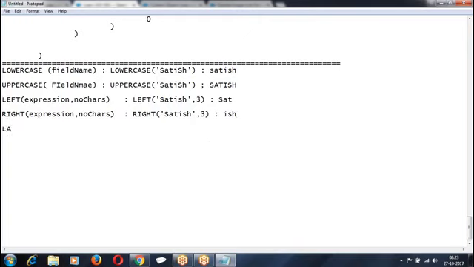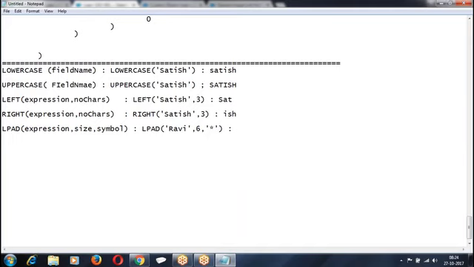We have LPAD. We are going to get this LPAD. What is LPAD? LPAD of say Ravi, 6 characters. So output has to be 6 characters.